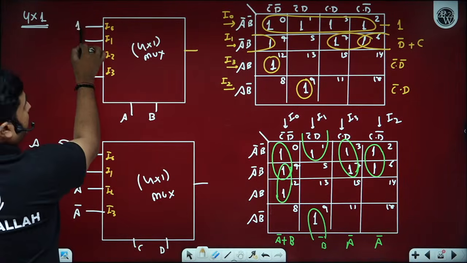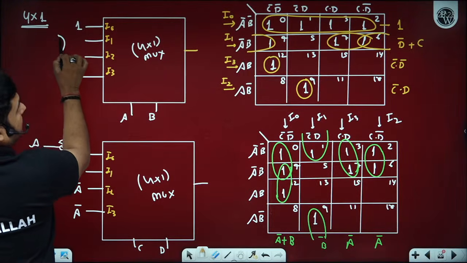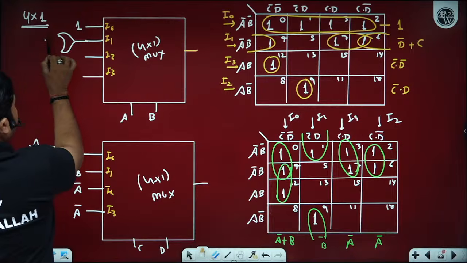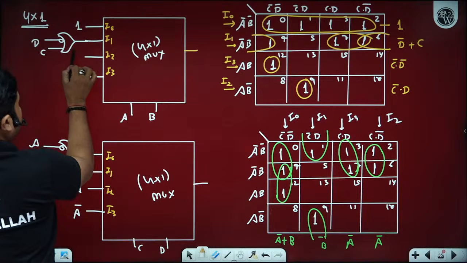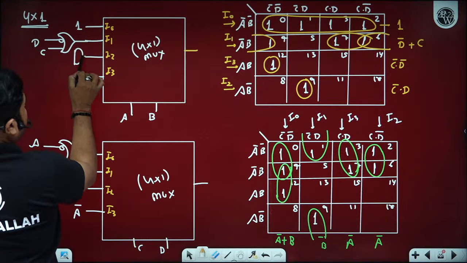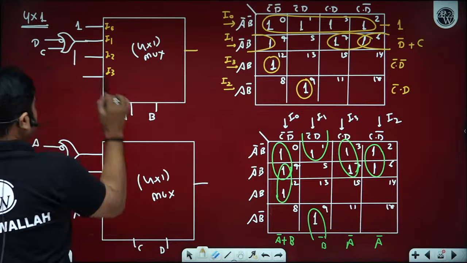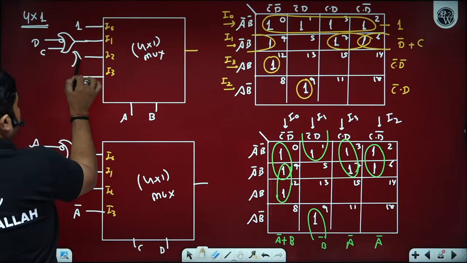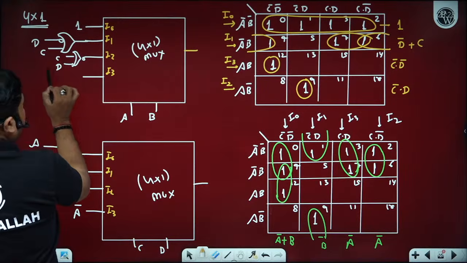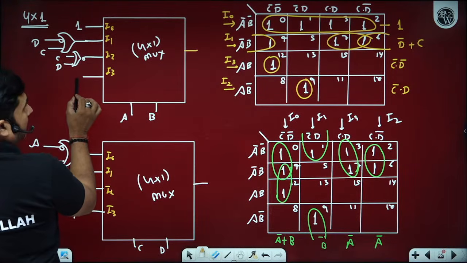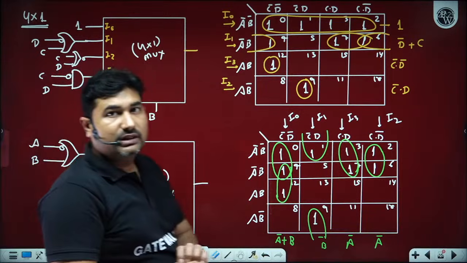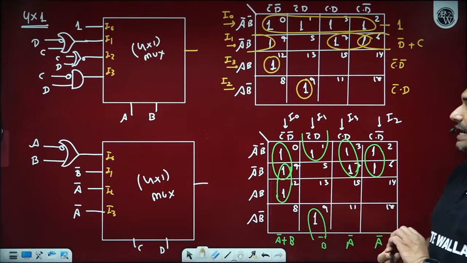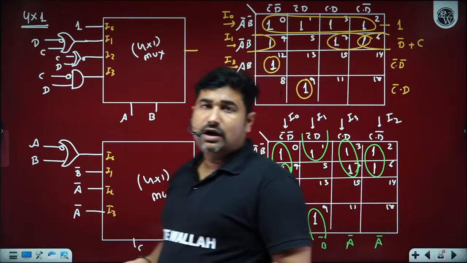If you observe here we have logic level 1, then we need D bar C. So D bar plus C. Is it okay? And we need one AND gate, na? We need one NOR gate, which gives C plus C bar D bar, and we need one AND gate with one input bubbled, that is C D. In case all the variables are also available, then we can use simply an AND gate instead of going with a NOR gate and a bubbled OR gate.